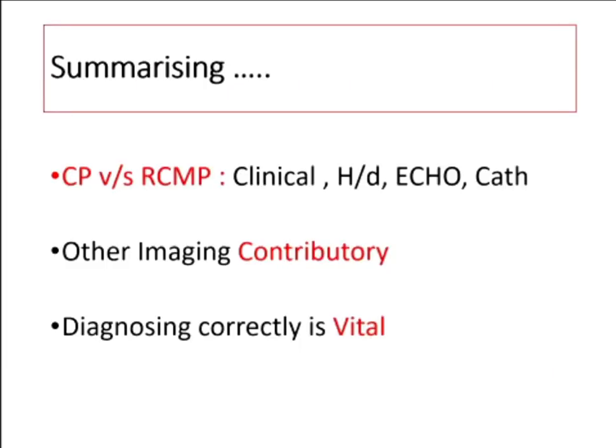So summarizing, this is my diagnosis. If you have to diagnose, it's a clinical, hemodynamic, and an echo diagnosis. Other imaging is contributory only, ancillary, but diagnosing correctly is vital, because